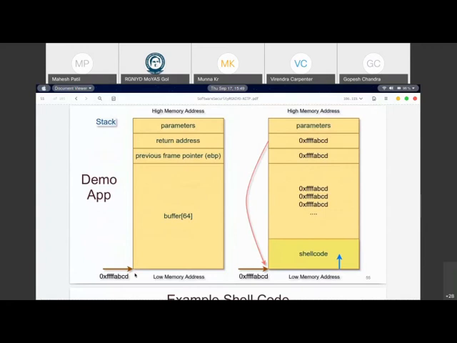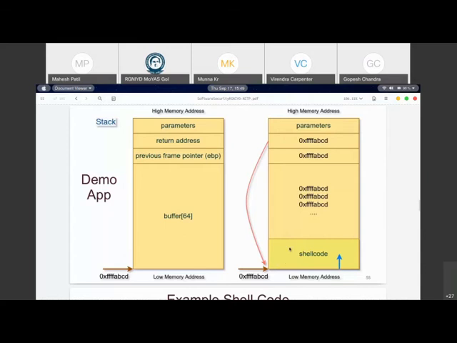Now, the code which we want to execute, we'll store it inside the buffer. So you see that a shell code is stored inside the buffer. And for the remaining part of the buffer, we put the starting address of the buffer, which is nothing but this FFFFABCD, which will also overwrite the return address. So you see here on the left-hand side, there is a return address. Now the return address will be set to FFFFABCD. So the instruction pointer, or the processor, will go to this location and start executing the code.